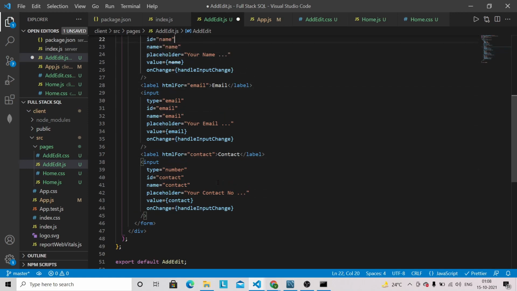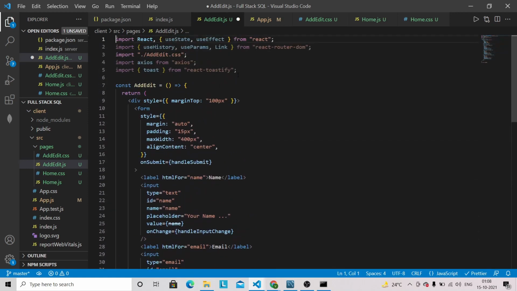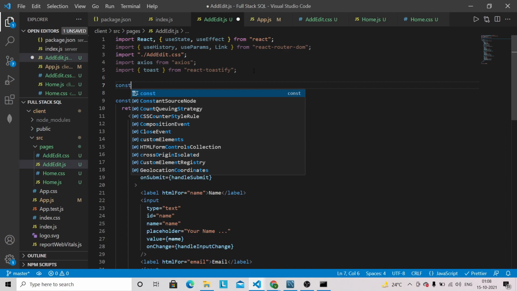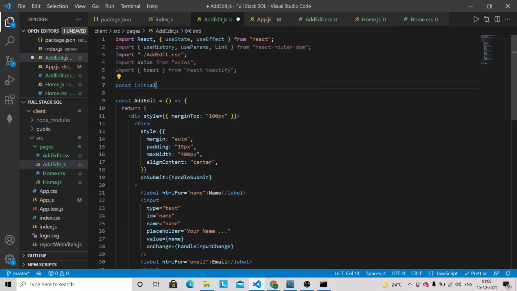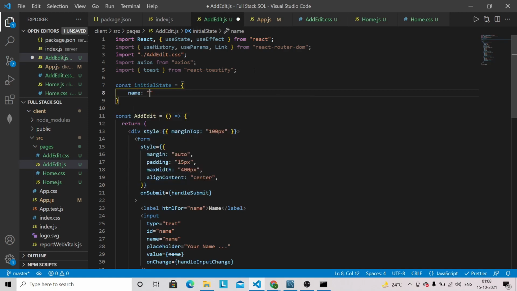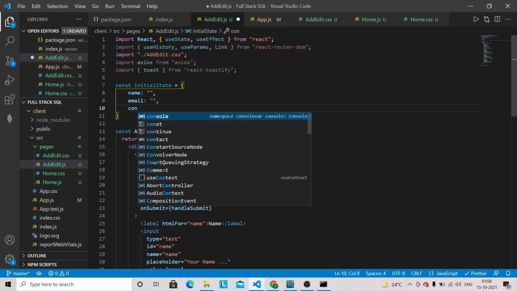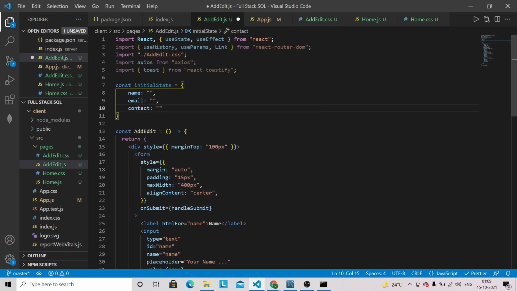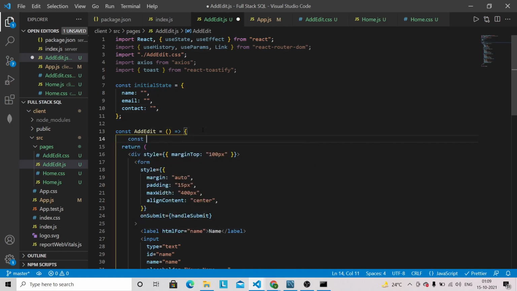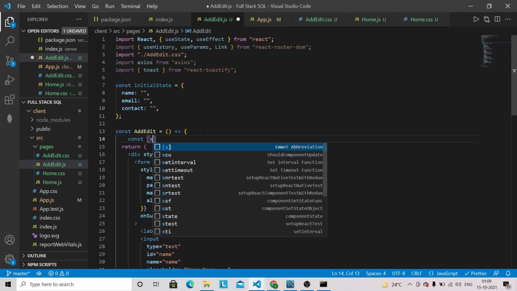and let's define the initial state of this form. So we can define this initial state outside. So this will have name, email, contact, then define the state here.